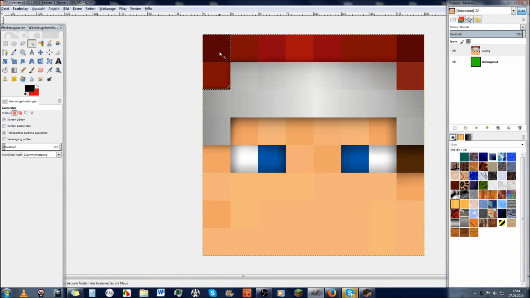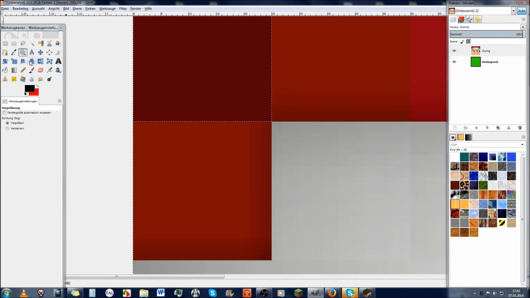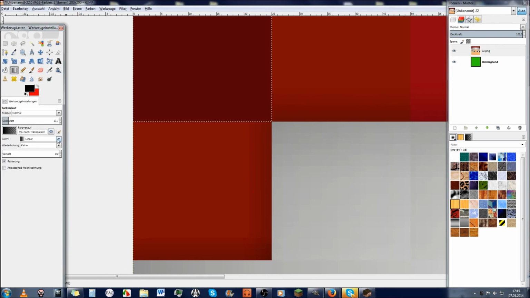And then we're gonna select this area here, put it back down to 0. As you can see, if I select nothing here, it's kind of got this dent in it, and to get rid of it, you take your normal gradient, and then we've already looked at linear and bilinear. You've also got